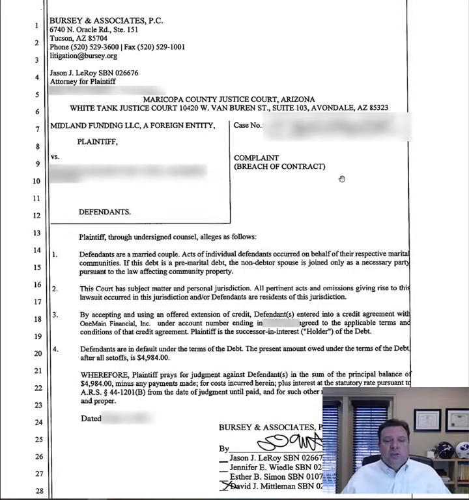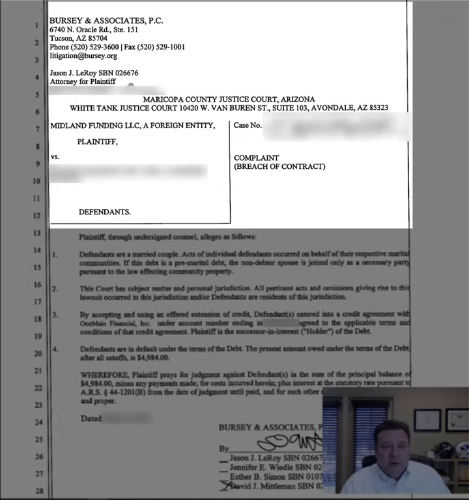So the first thing you need to do is just get the caption right. This is step 1. Anything that you use in this lawsuit, as far as documentation going forward, you need to make sure you have this caption. You need to have your name in the upper left-hand corner. So when you start to draft your answer, you're going to have something that looks like this.